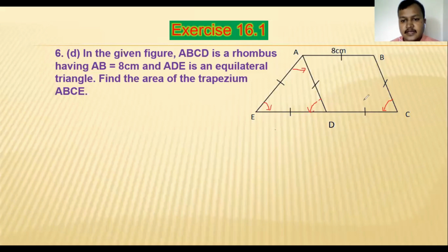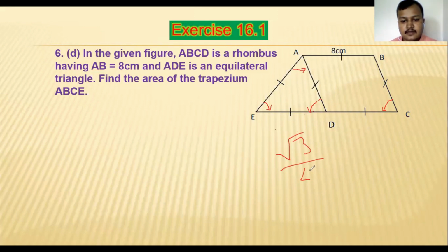So now we can use the area of rhombus. Formula for area of rhombus is BC into DC into sine of angle C. For the area of triangle, either we can use the formula of area of triangle √3/4 A square because it is an equilateral triangle, or 1/2 AD into DE into sine of angle ADE. We can use any one formula. As I said, in a triangle, we can use two formulas, any one out of two.